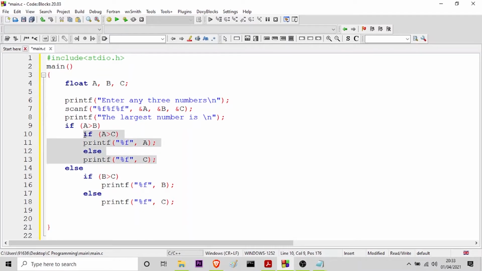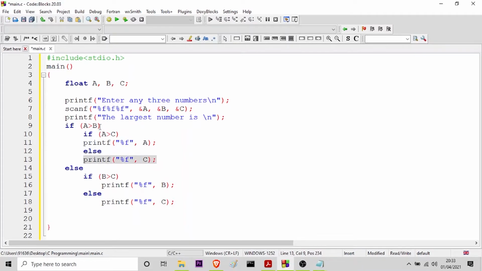After A is greater than B, if it is true, then it will check if A is greater than C. Then finally we will end up with the conclusion that A is greater than both B and C. Therefore, it will print A as the greatest number. Else it will print C as the greatest number.